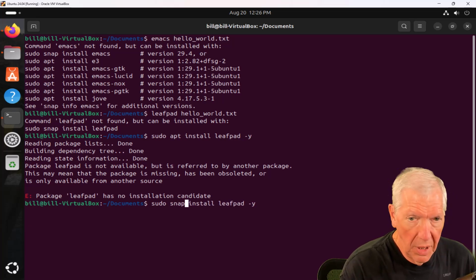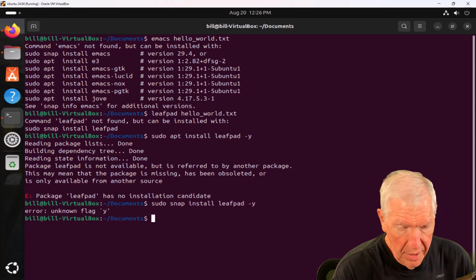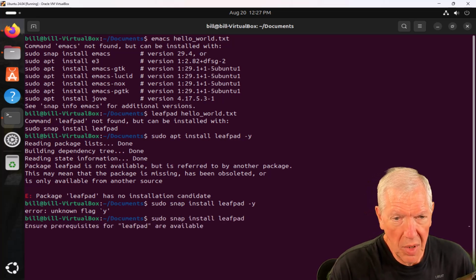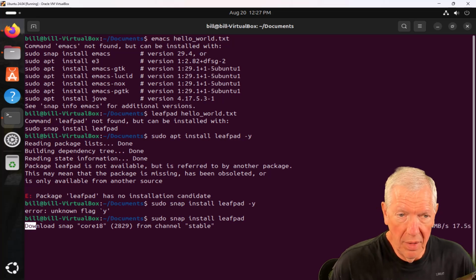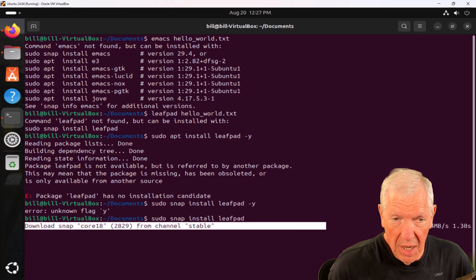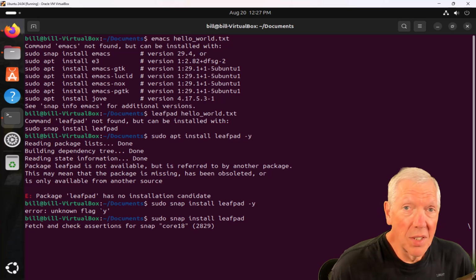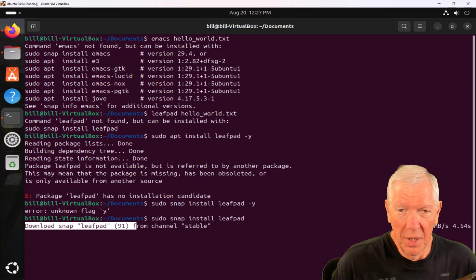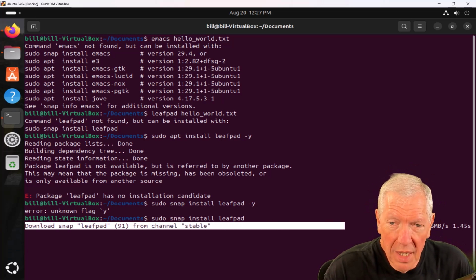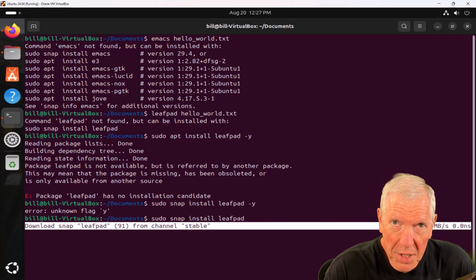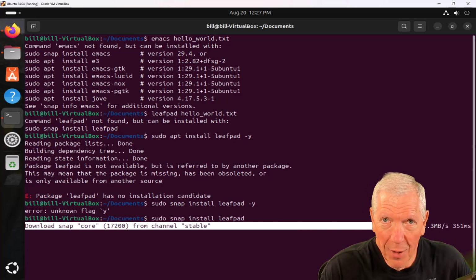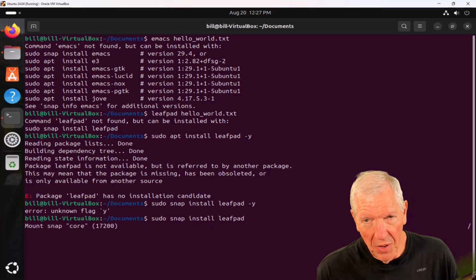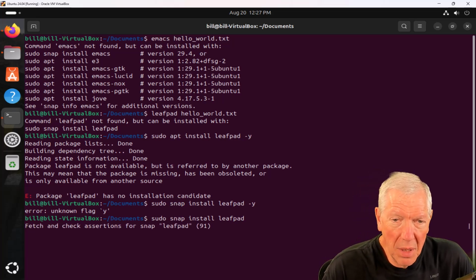I would have to research this. Oh, and it doesn't like the -y, so let me get rid of that. Boom. I don't know why this Snap thing is different, but now it's downloading the Snap core so that I can use Snap to install stuff. And this, ladies and gentlemen, is your introduction to why Linux is so very, very weird, because you wind up going down these little rabbit trails, which is fine. If you stick with the defaults, you're going to be fine.